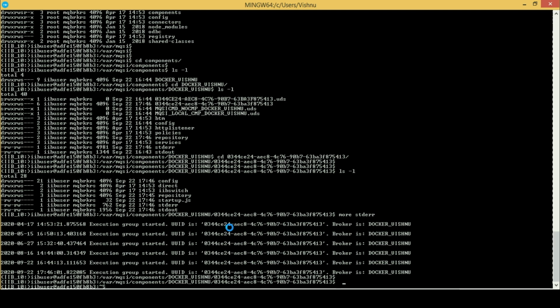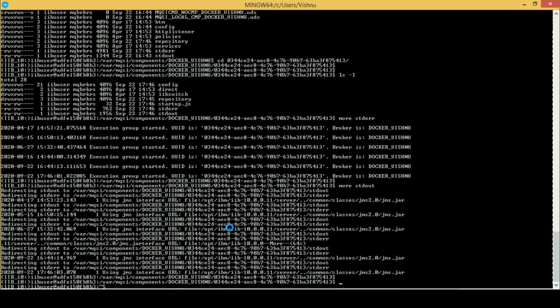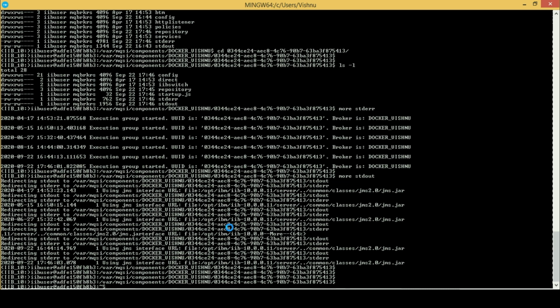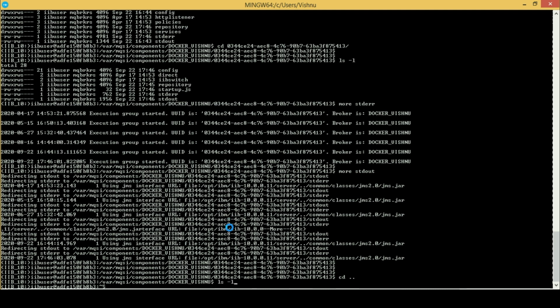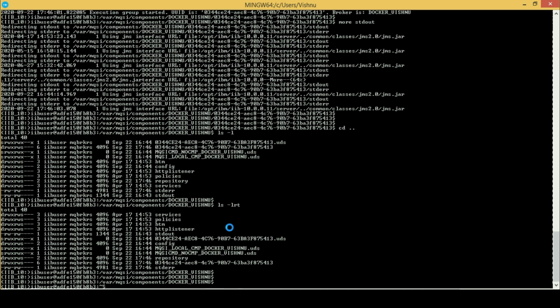You can use pg, head, tail, vi, or just more, whatever is your preference. Execution group console logs did not give any useful information for me.